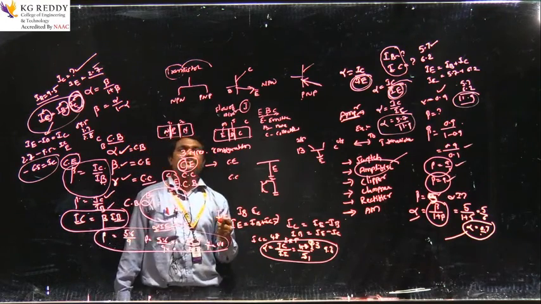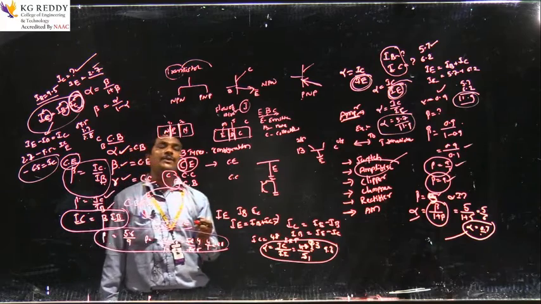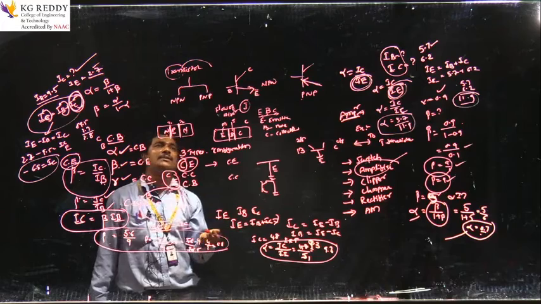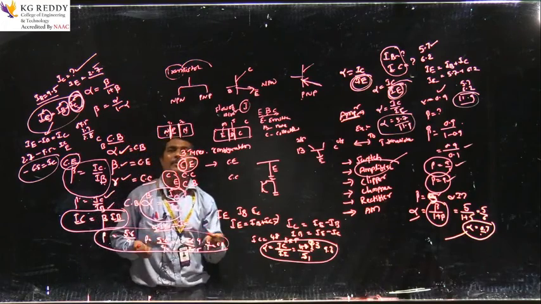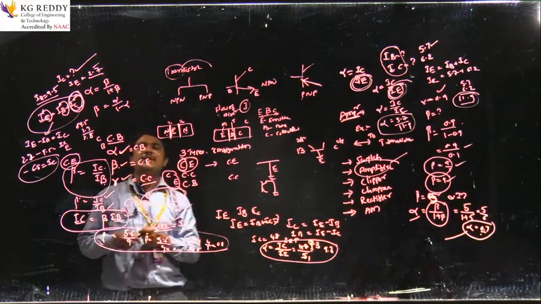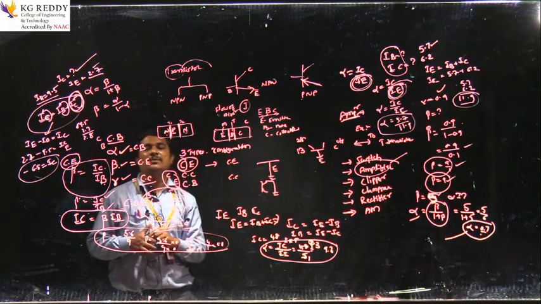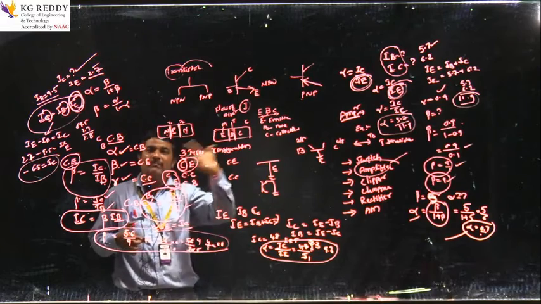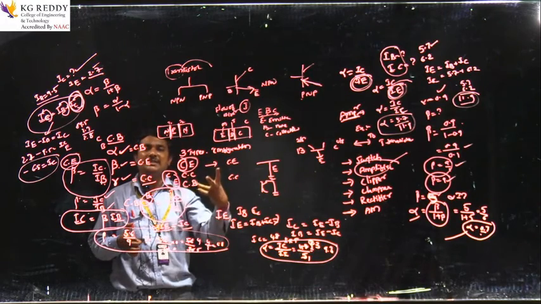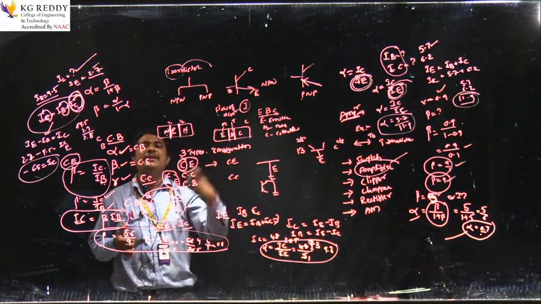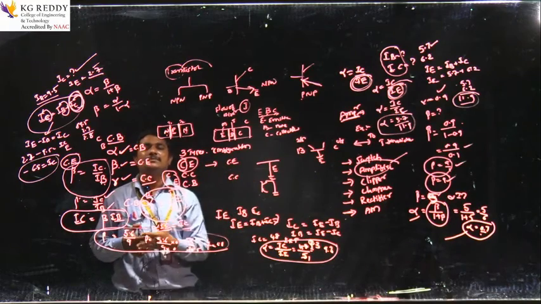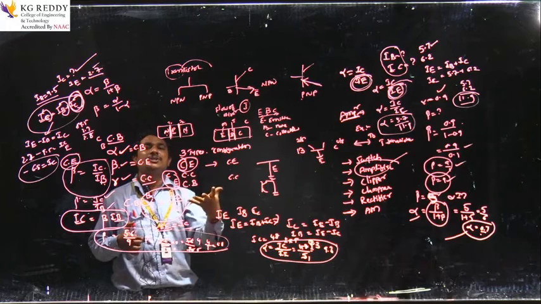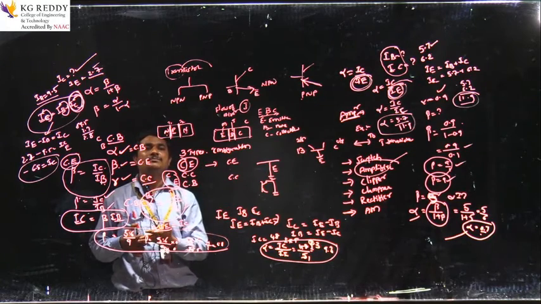Next, coming to transistor, where we use it in multi-stage amplifiers and single stage amplifiers. What is meant by single stage amplifier? What is meant by multi-stage amplifier? Single stage means only one transistor is present. Coming to multi-stage, more than one transistor is present. The name indicates multi means many stages, many transistors present.